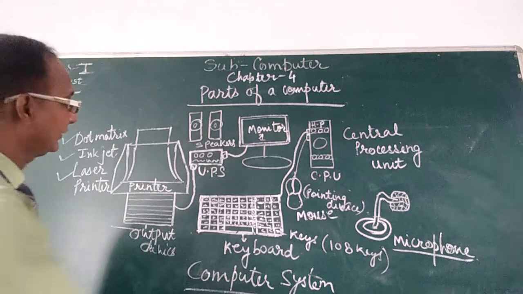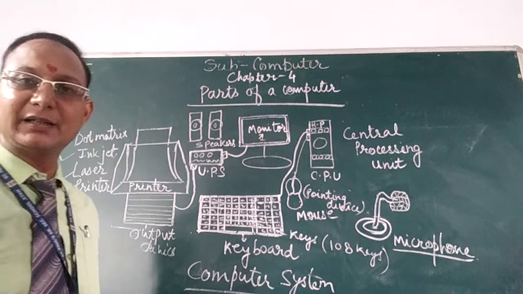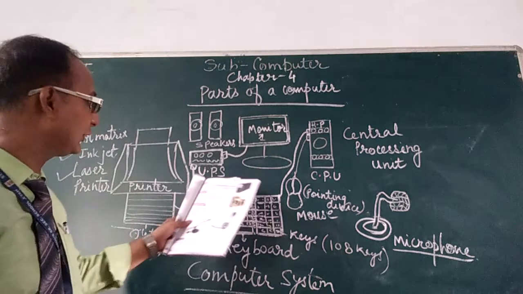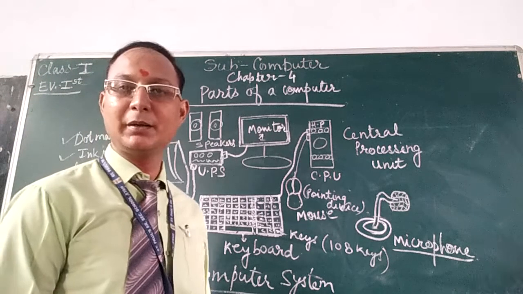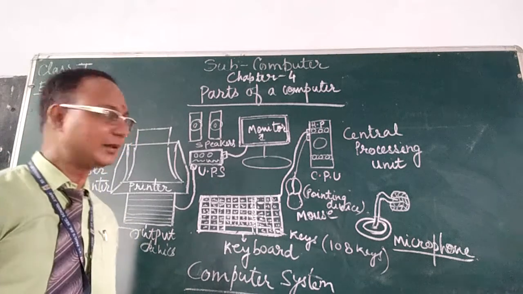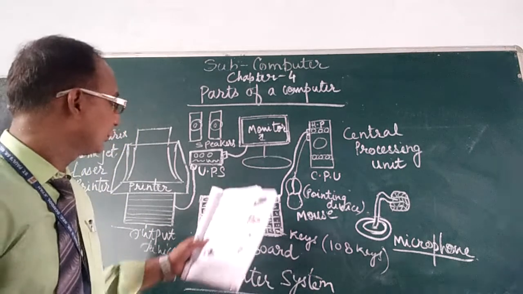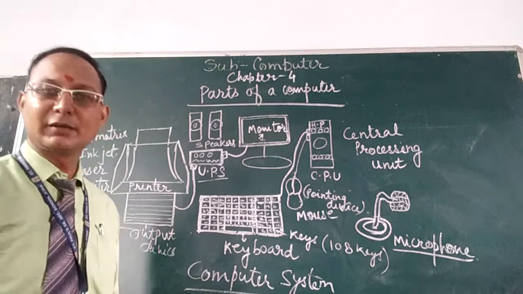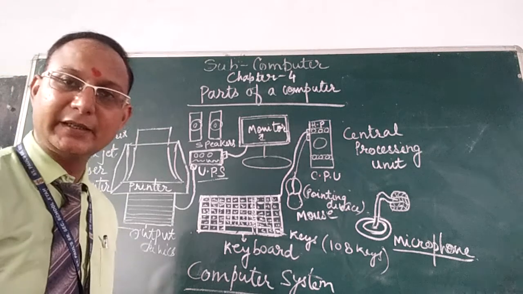After this, we see a small device. This is called UPS. As we have earlier studied in the previous chapter, chapter 3, I have told you about the UPS. What is UPS? It is an uninterrupted power supply. When the light is gone or fluctuates, our work doesn't get lost. To continue the power supply of the computer, we use a UPS, that is uninterrupted power supply. Power supply without any interruption.